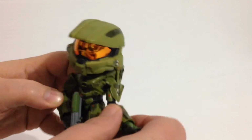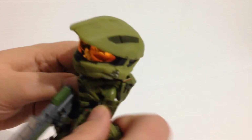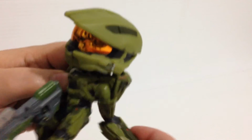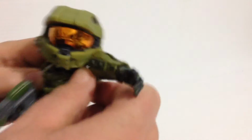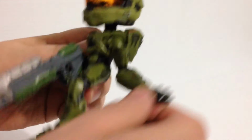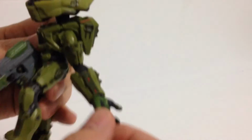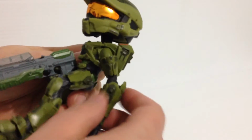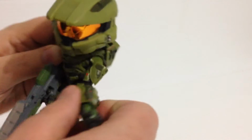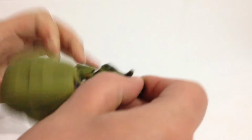Now the arms, we'll go with the left arm. There's some rotation at the shoulder, so we can get a little bit of up and down spin. And it looks like we've got rotation at the elbow. Now we don't have any type of levering action there, so we're a little bit limited. Now the hand,